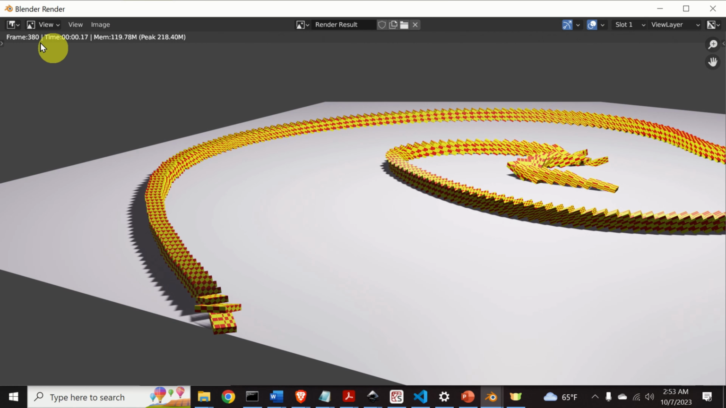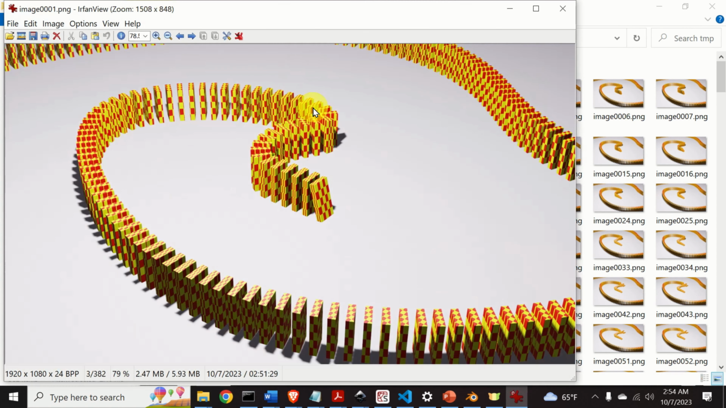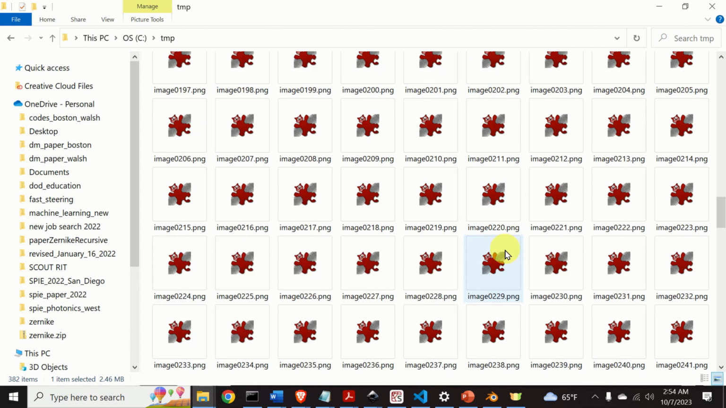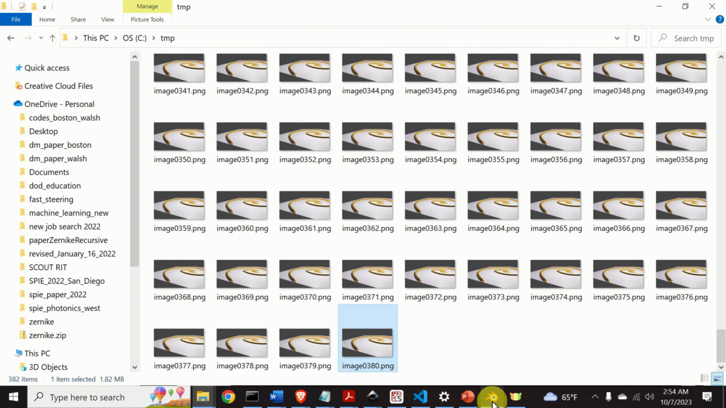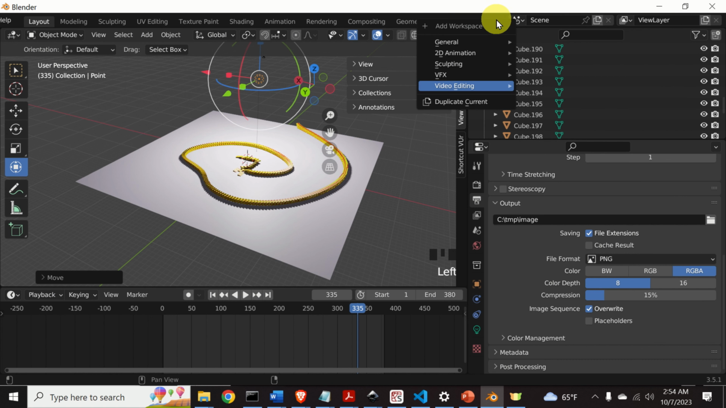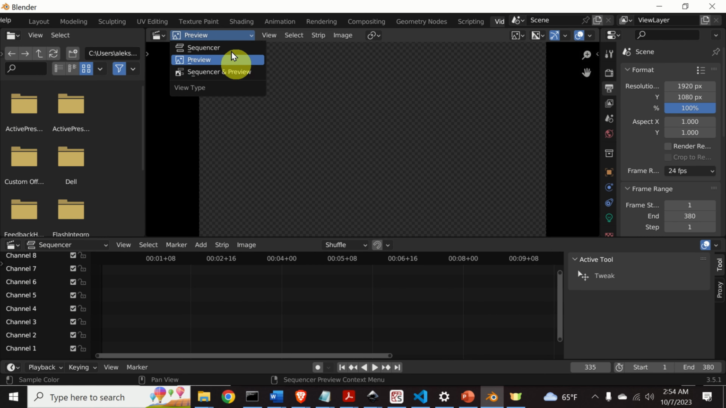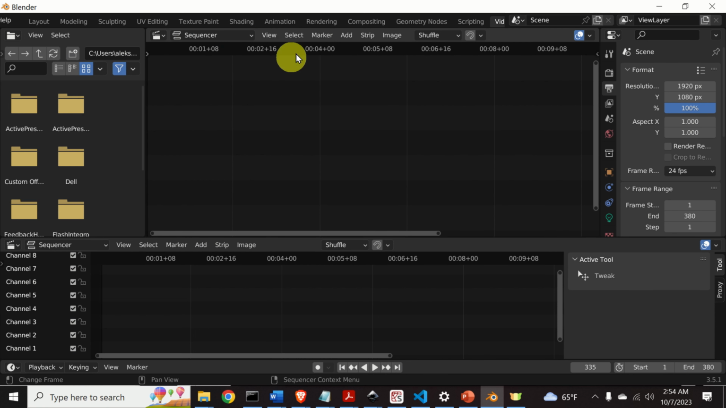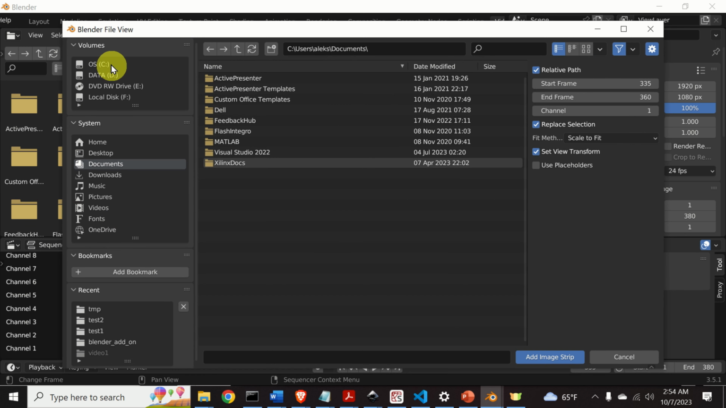Okay, here's the last frame and let's see the output. You can safely close the render portion and let's see the output. Here's the first frame, perfect, and here's the frame 380. Here it is. The next step is to glue everything together. To do that, you need to find this plus sign over here and you need to click on video editing, then on video editing. Over here, you need to click on sequencer, then you can click here add, click on image sequence, then find the original folder,